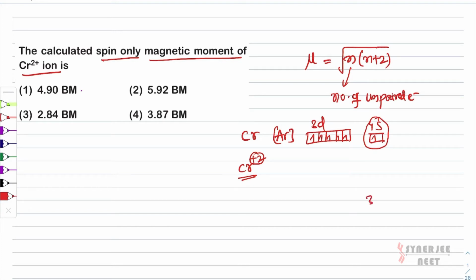Now here, third shell and fourth shell, among them this is the last shell or valence shell. When you are removing electrons from an element, you have to begin with the last one. So in this case, the fourth one is the last one, so remove this electron. So the Cr plus 2 configuration will be 3d5.